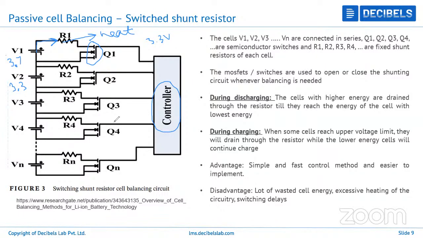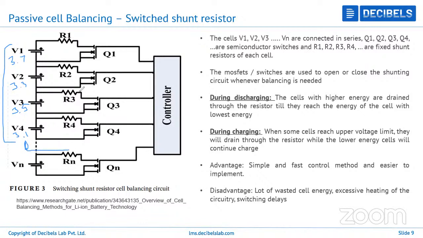So basically what the controller does, it prefers the battery to reach the lower voltage. So always it gives priority to the lower voltage, 3.3 volts. Likewise for the entire battery pack, let's say there are 4 cells. Let's say V1 has 3.7, V2 has 3.3, V3 has 3.5, but V4 has 3.1. Then again the controller will give priority to the cell that has the lowest voltage,